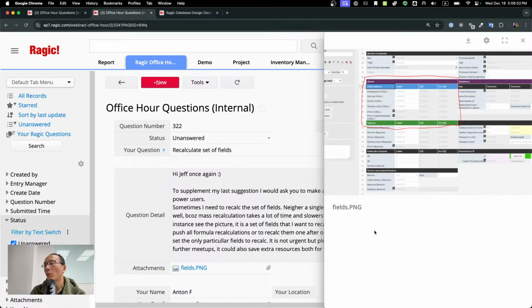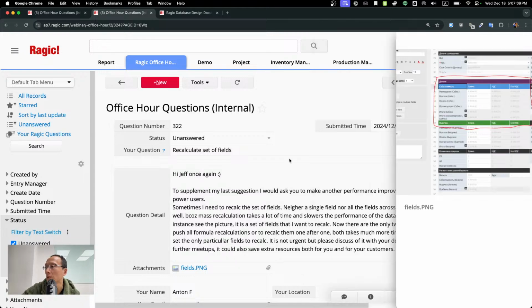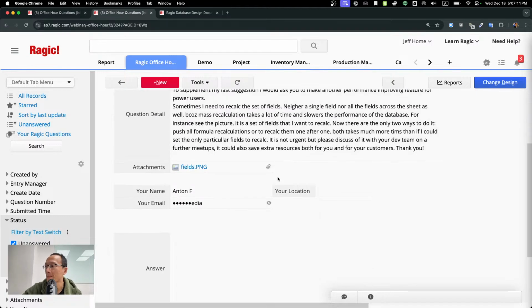But whenever it's used, I believe it will be beneficial to both the users and from a system admin perspective, in that your sheets will run faster and it will save quite a bit of resource running on the server. So yeah, thank you for your suggestion, and we will certainly discuss this